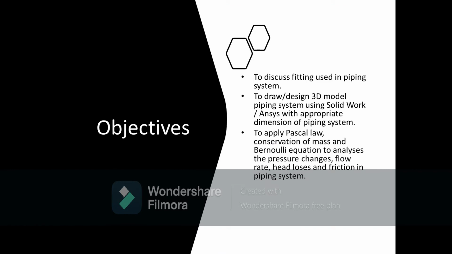To start the presentation, I'll just go over the objectives of the report that we did. So the main objective is to come up with the design for the piping system, the best design in order to make the most ideal piping system. In order to do that, the first thing we have to discuss is the fitting use, the types of fittings that are the best to be used in the piping system to make it work efficiently. And then